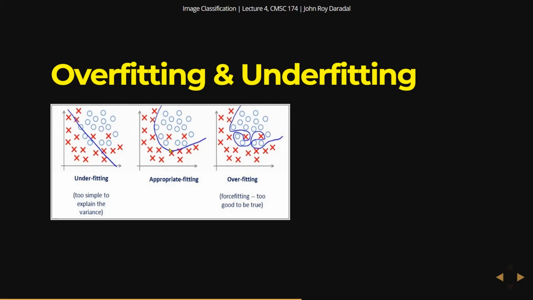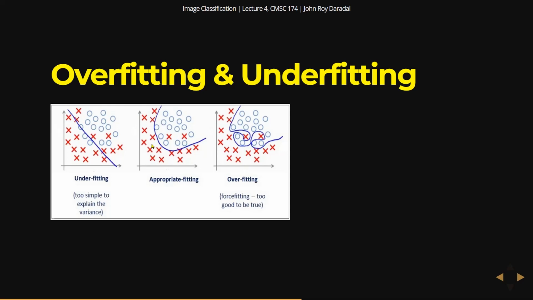So in this illustration, the best possible model for this set of data would have been this curve, right? So there are only 2 wrong classifications. Inside this curve, you have all circles except for these 2 x's here,